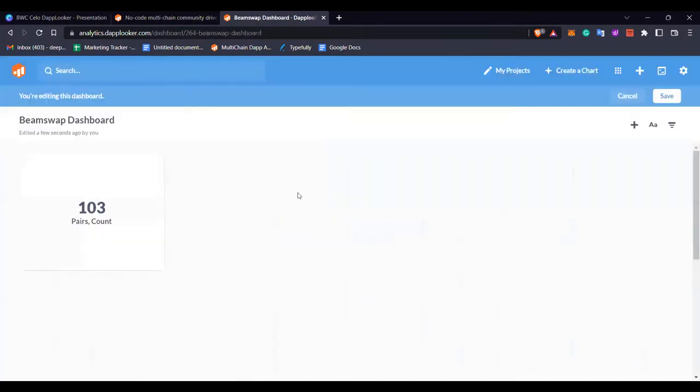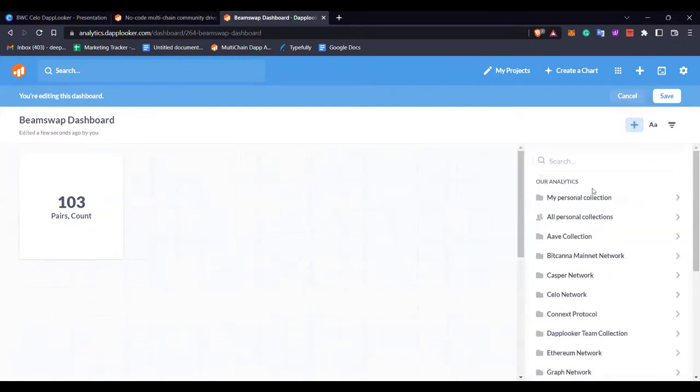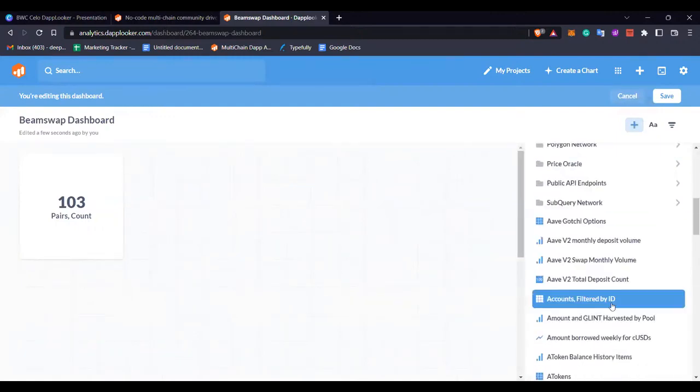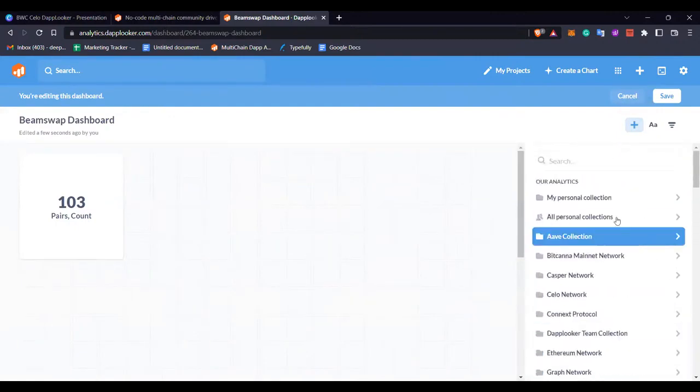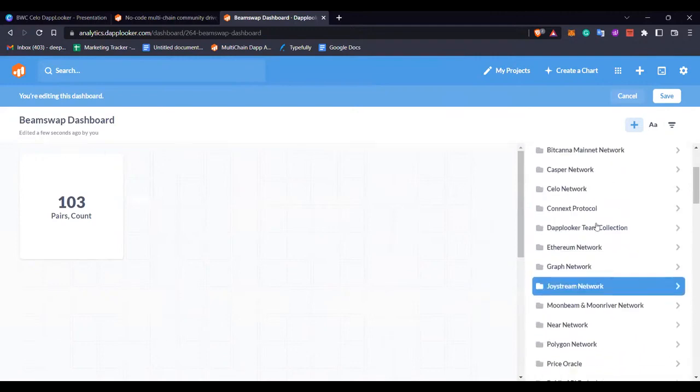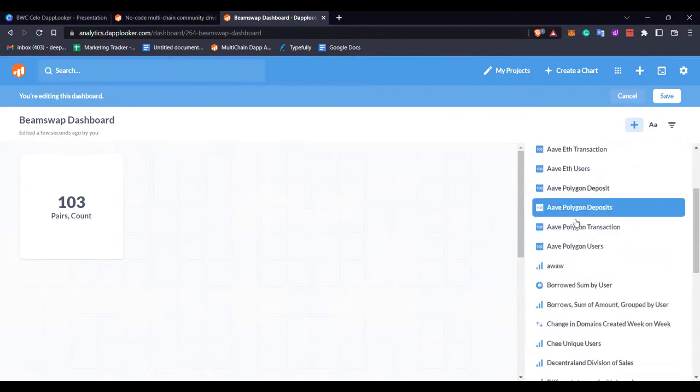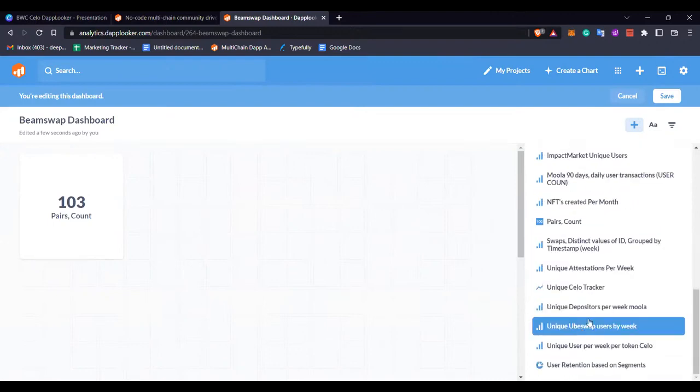This will lead you to a dashboard builder where the chart has already been added. Now, the dashboard data is pretty simple. Let's say you want to add a couple of charts. So you click on plus. Here you'll be able to see all the charts that have already been made and are existing on our platform. So let's say with this, you want to add the swap chart that we just made. So you go on your personal collection